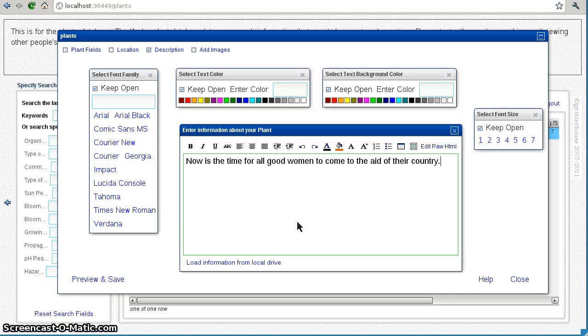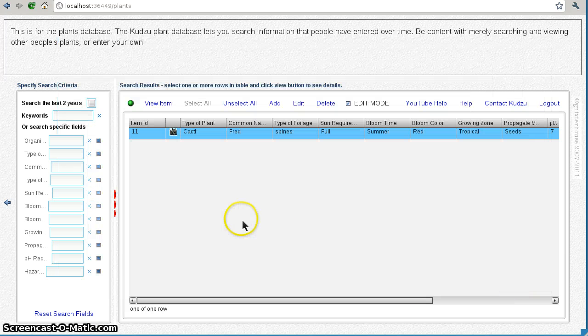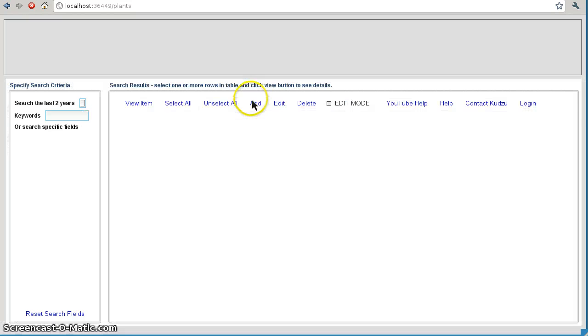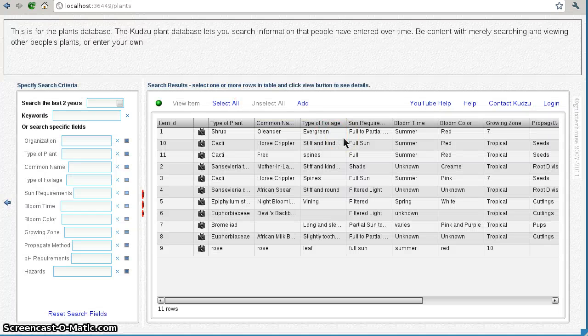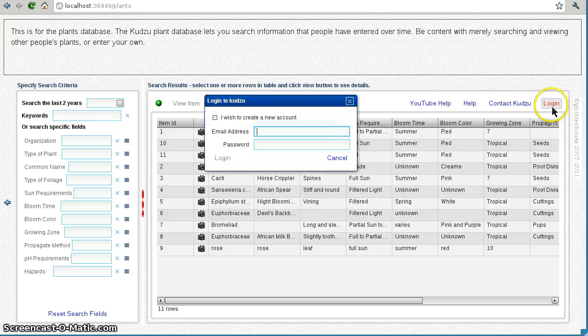This is the HTML edit window that you use to edit your description, to enter and edit your description in grFind and grBase. So I'm going to go ahead and close this, and then I'm going to show you how we get there. First I'm going to reload the whole website, and then after I reload it, I'll have to log in, because you have to be logged in to